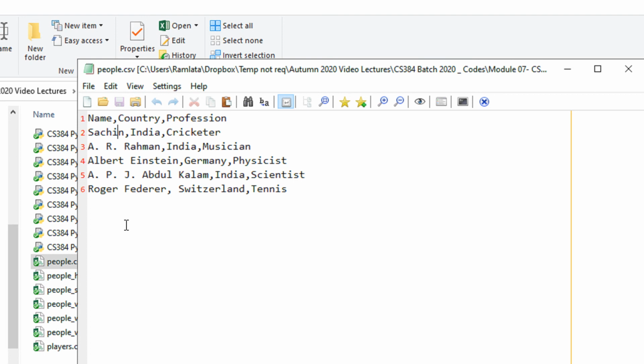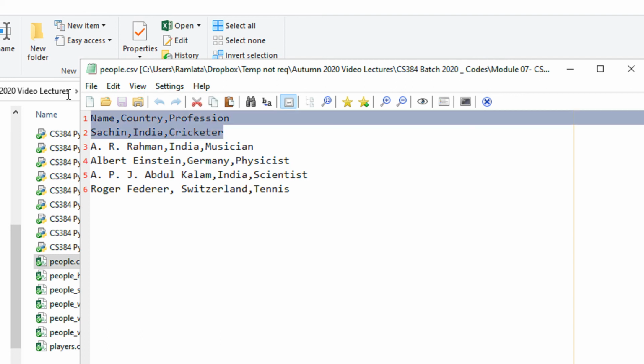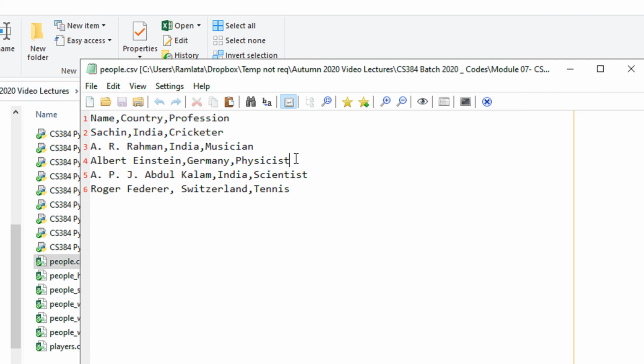You can specify as many rows and as many columns as you want, just separate them by commas. In later lectures, we will see that this comma can be any delimiter. Why do we say delimiter? Because it delimits between two pieces of data. Name and country are delimited by comma. This can be a semicolon, hash, tilde, anything that you would like to use, but it has to be uniform throughout. You cannot have a file with the first two rows using commas, then two rows using hash, then two rows using semicolon. Everything has to be uniform.